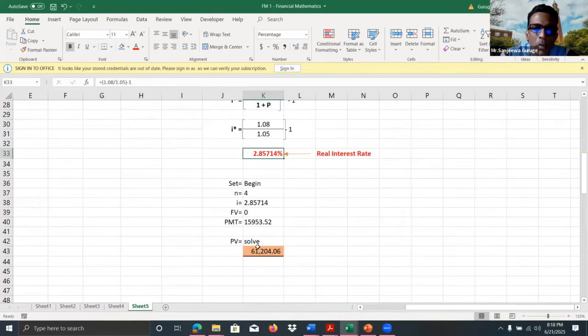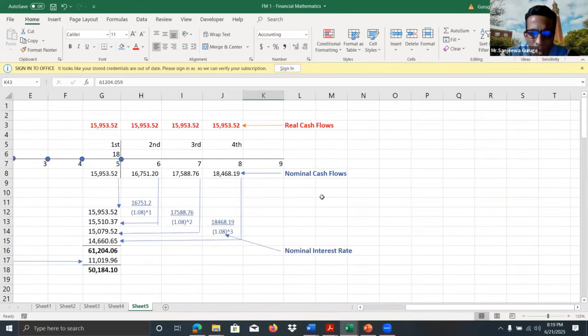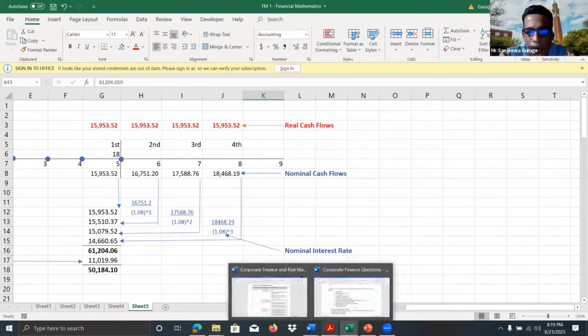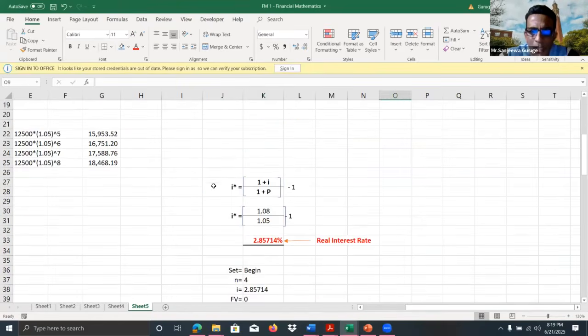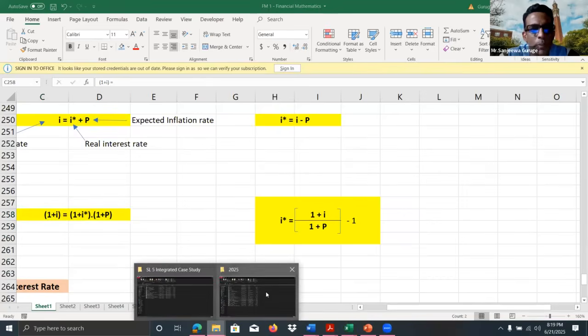So here I have calculated using Excel or the financial calculator, and we get exactly the same answer. Actually I could use a detailed answer example, but it will take some time. This is not a difficult part. Converting nominal to real or real to nominal can be done using this simple Fisher formula. Only this Fisher formula is required, and using that, it's possible to do this.